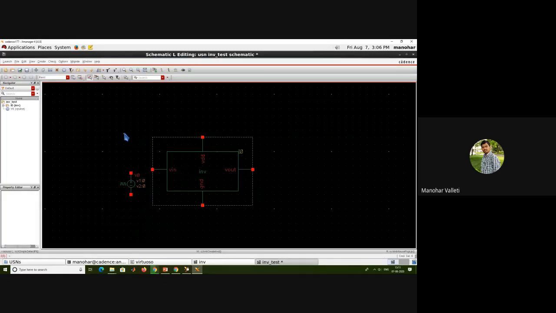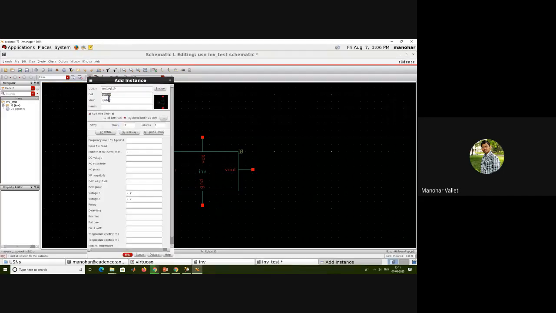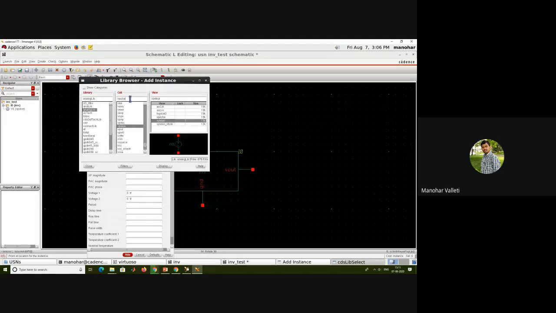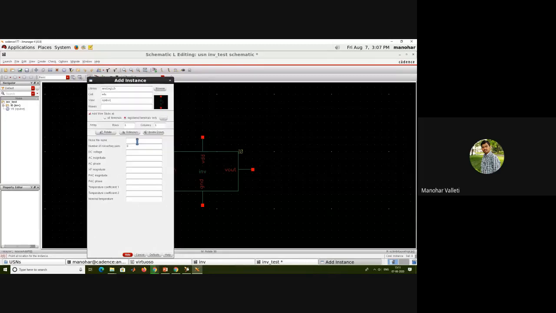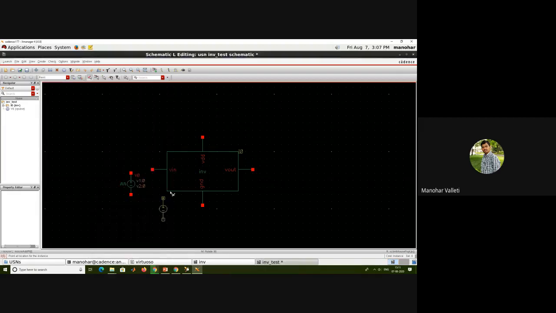Actually, I want to give VDD, right? Again, same. I want VDC. Come here and type VDC. VDC symbol, double click. I am mentioning the DC voltage here itself; you can also mention it later. And please note, you don't need to mention any units. I type here, click somewhere, and the units will come automatically. So this DC supply, at maximum I need to apply 1.8 volts, right? You remember that, I guess. So I am rotating this with the help of keyboard shortcut R.